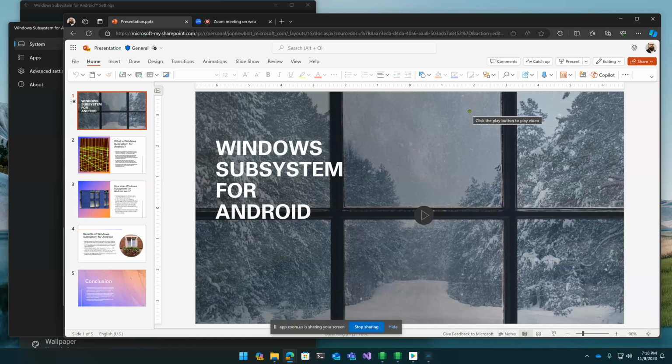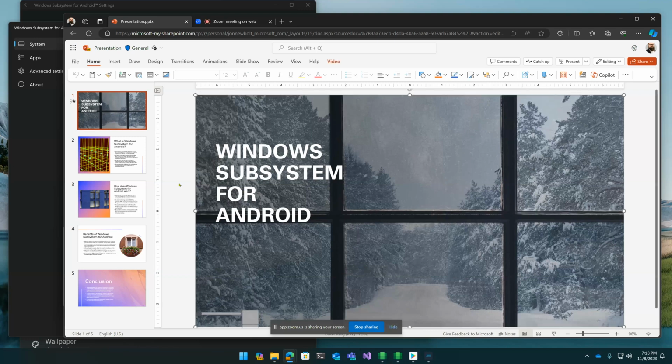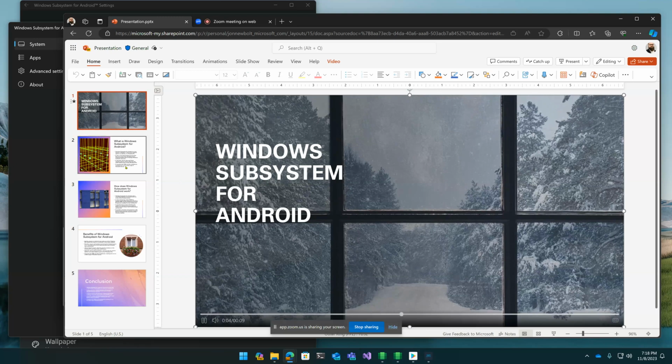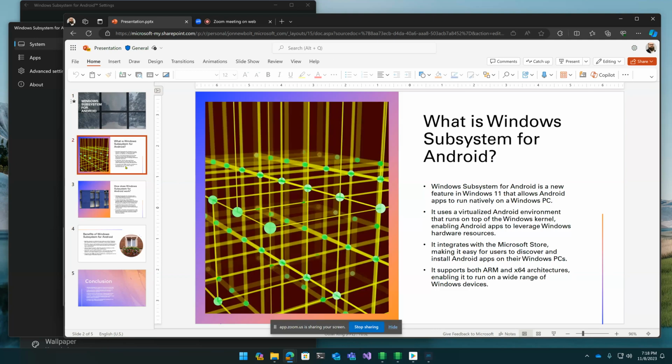Super excited about this particular topic today, Windows Subsystem for Android. So if there's not any questions on the Subsystem for Linux portion of it, I'll get started, but I'll pause for a minute just in case anyone has anything. Cool. Okay, I just made some slides here with Copilot just for fun. Just to give a little bit of a walkthrough before I do some of the show and tell. So if you've not heard of Windows Subsystem for Android, here's a little synopsis of it.